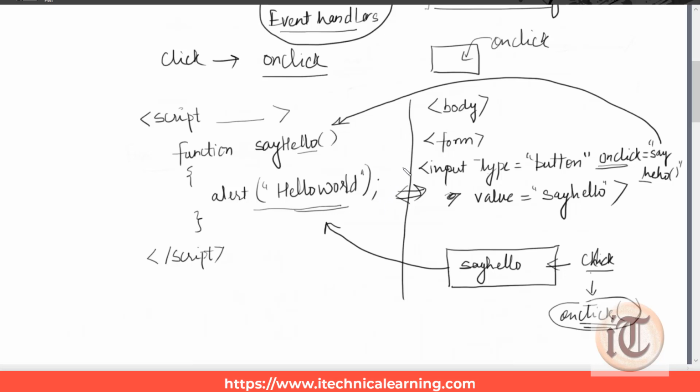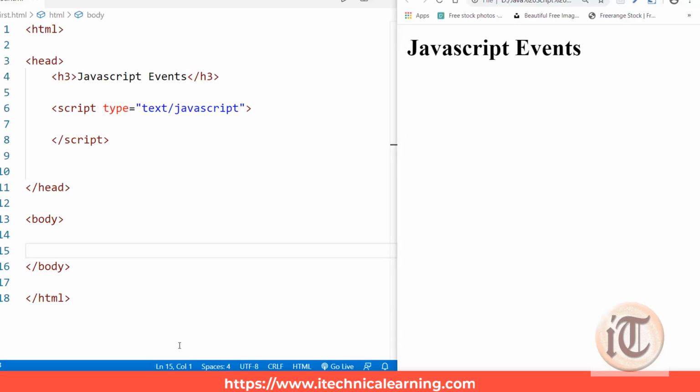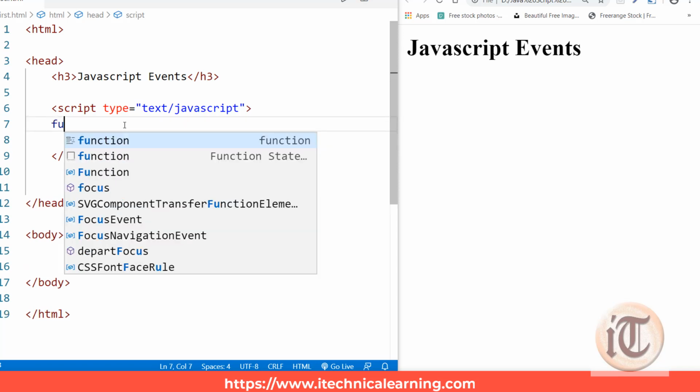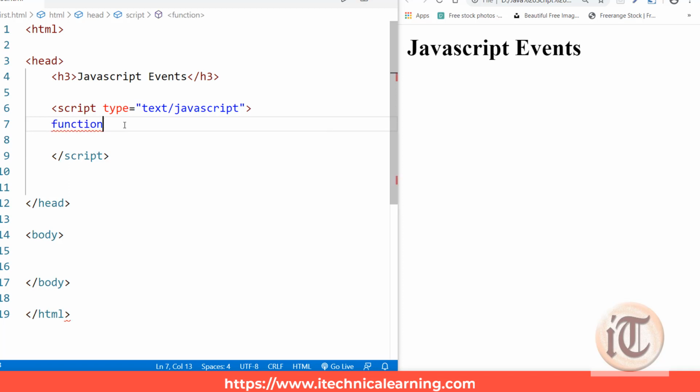Okay, so if you want to take a practical example of it, suppose we have this code. I'm writing the code here, and say I have a script, and inside the script I want to write a function. We write a function using the keyword function, and then say hello.